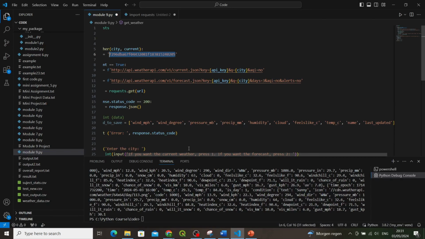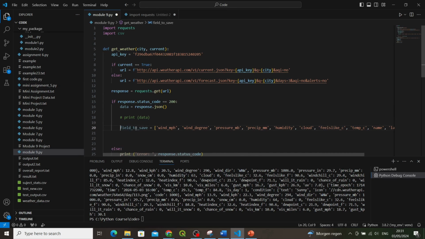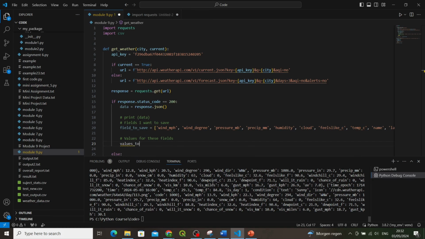So now once we have it, let's put a comment: fields I want to save. And then what we need to do is save the values for these fields. So now I'm going to use sort of a list comprehension to be able to get these values from this data, right? So I'm going to say values_to_save is equal to, and then I'm going to write